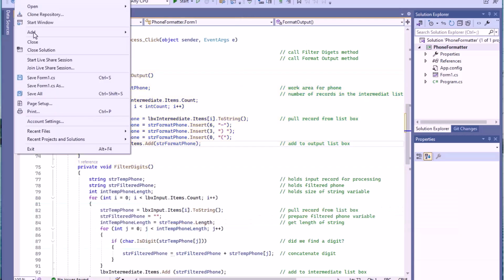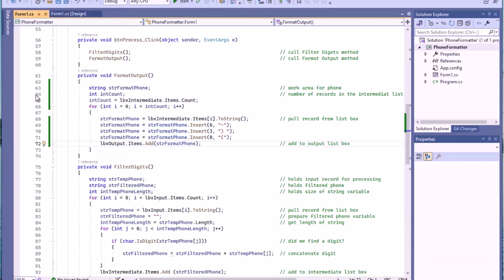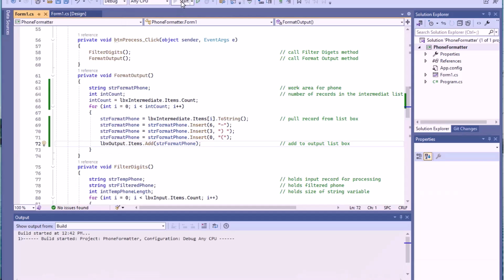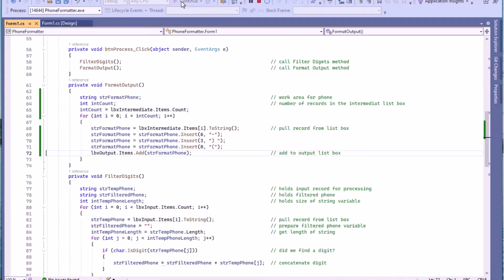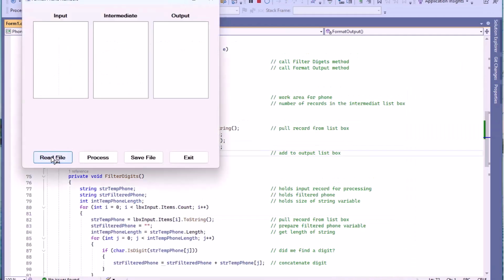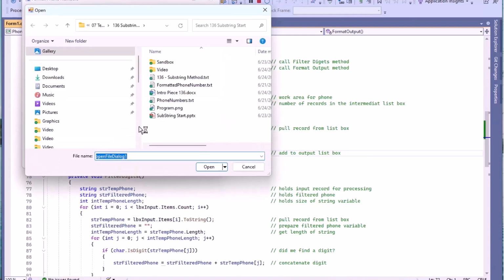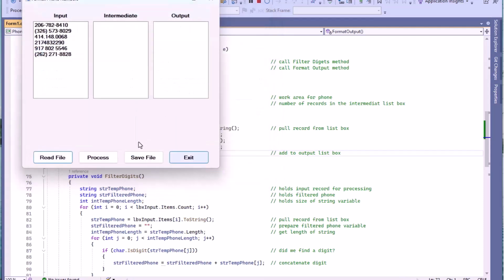So we'll do a file save here, and we're going to do a run. And just like we did before, we'll read the file. Numbers.txt. There they are. We'll process it. It strips out everything and then goes ahead and does the insert to our output. So it works identical to the way the concatenation piece did before, but there's less code in this thing,